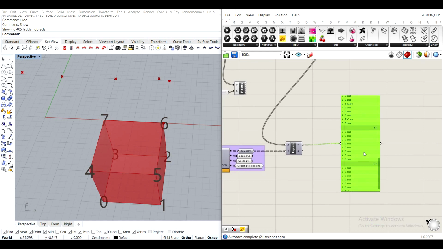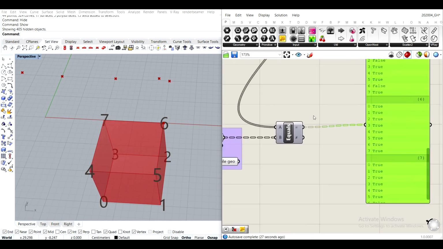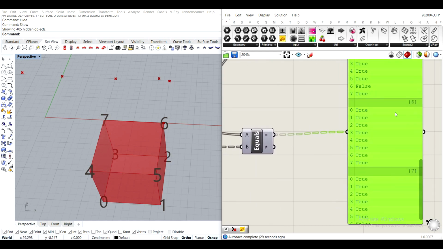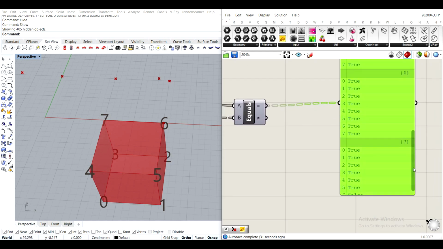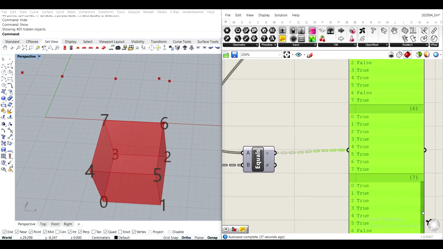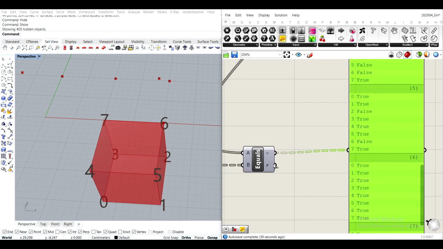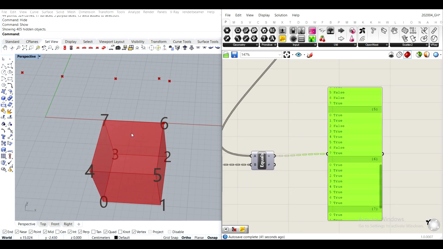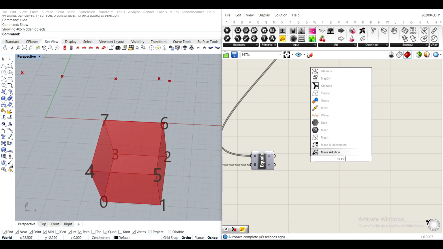So it's how many hits for similarity does it find for every single item in the list. Why is this all true? Oh, good, it's false. That's good. So it only should say that that particular permutation belongs to this particular voxel only if all of these are true, right? So I can use mass addition